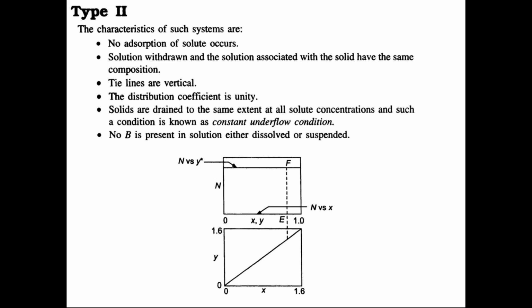That is called constant underflow condition. In that, the X value is equal to the Y value. So you will not find the XY curve. The XY curve will now be a straight line, a 45 degree diagonal line. In all the cases, your X is equal to Y. For example, if you add less sugar, then at a lower concentration, again X is equal to Y. If you add more sugar at more concentration, X is equal to Y will happen.